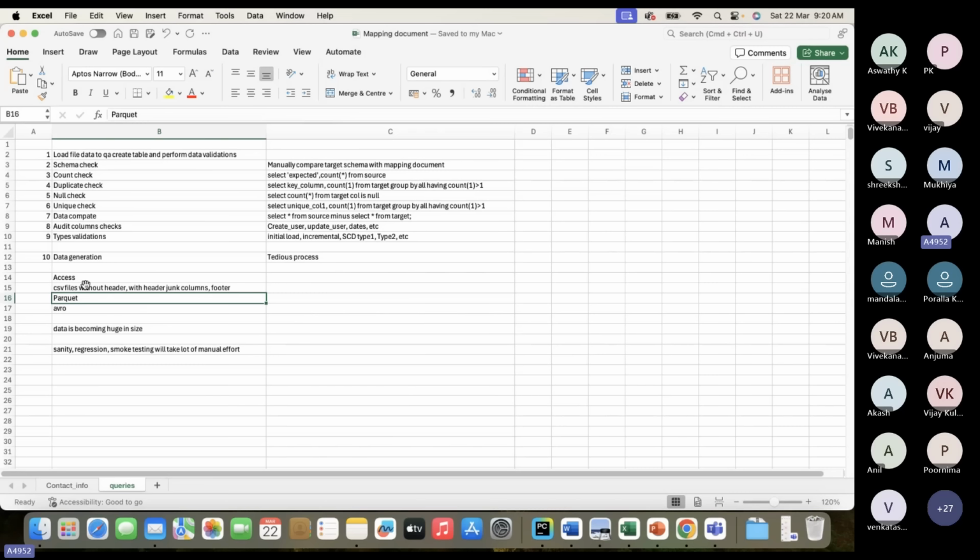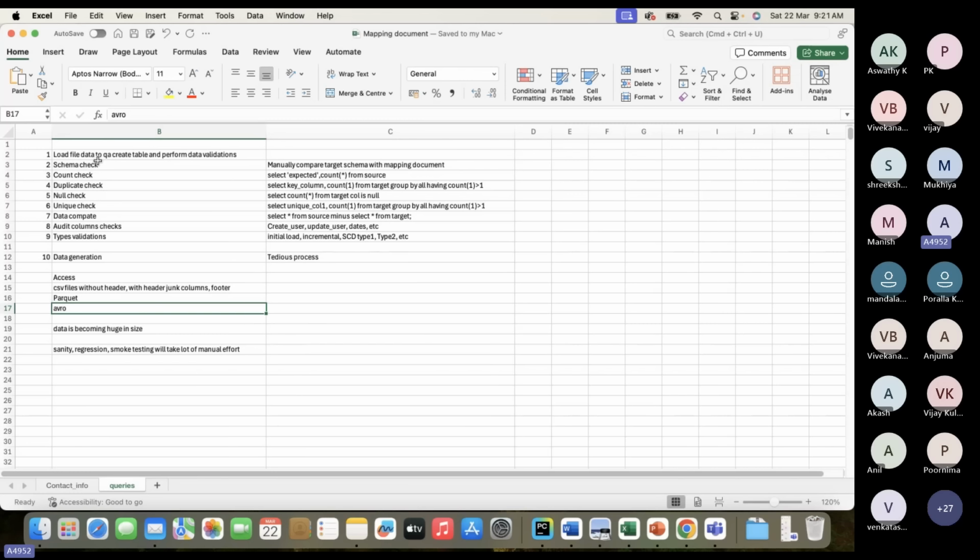If you go to any cloud platform, they have optimized storage, right? If you go to ADLS or S3, they have optimized storage with the help of Parquet files. So that's where people started using Parquet files as source files or Parquet as a target, even Avro files. And even if you use live stream data, they generally use JSON formatted data. So we cannot avoid these kinds of data sources in our projects. This is one of the challenges that we are facing currently.